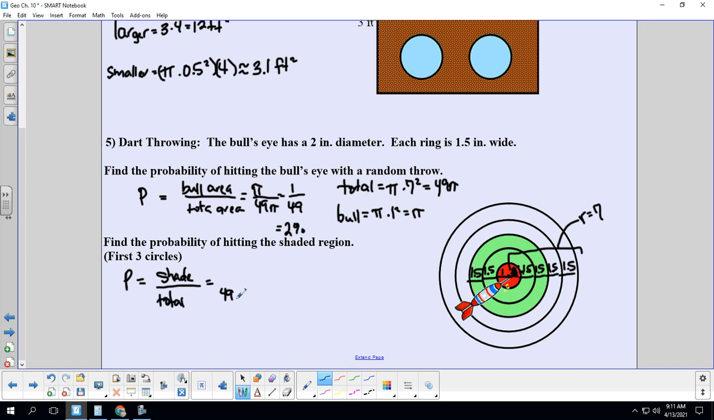It's 49 pi. The shaded is 1.5 plus 1.5 plus 1, which is 3 plus 1, which is 4. So this has a radius of 4. So our shaded region is going to have an area of pi times 4 squared, or 16 pi. So the pi's cancel out, and the probability is 16 over 49. And if we put that in our calculators, we get 33%